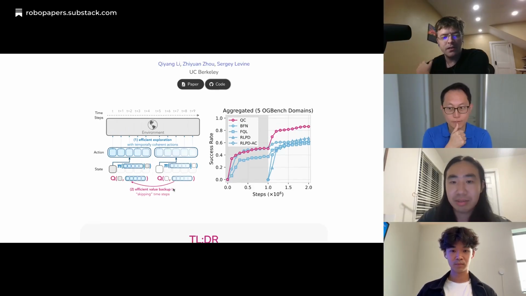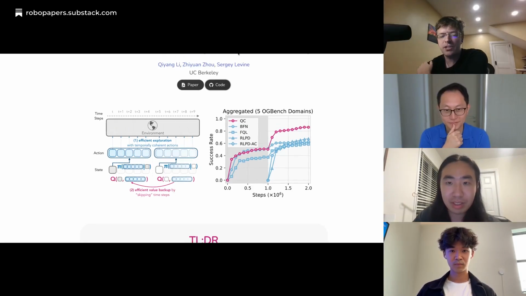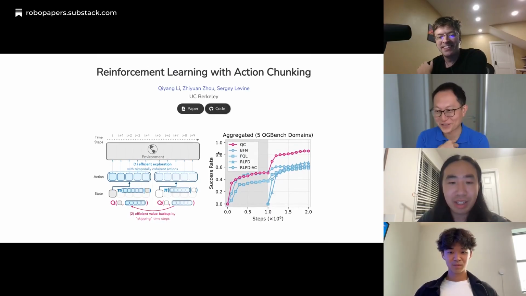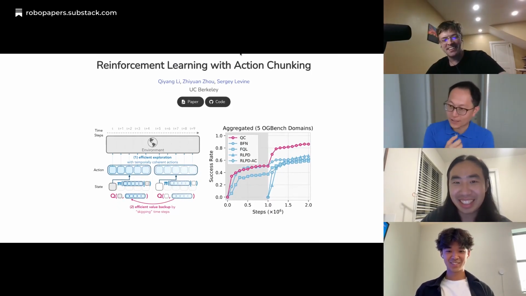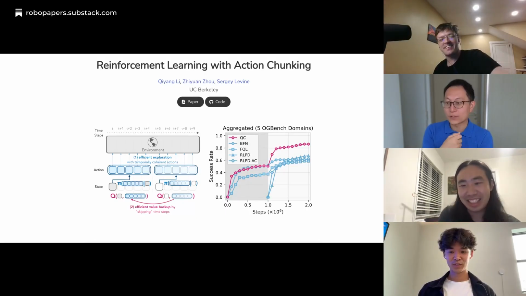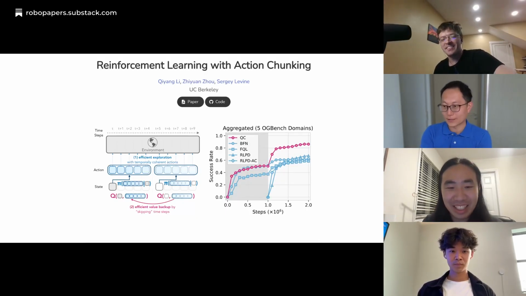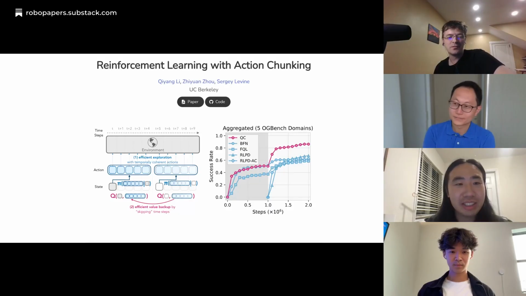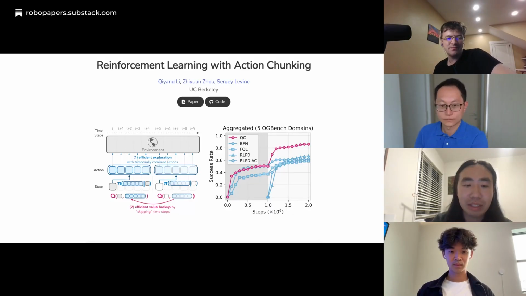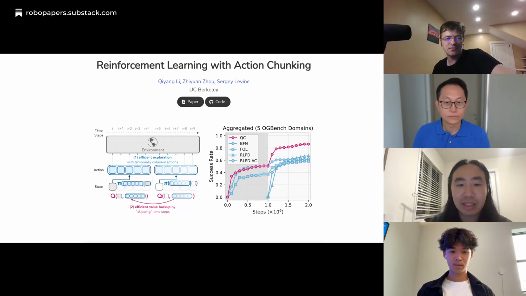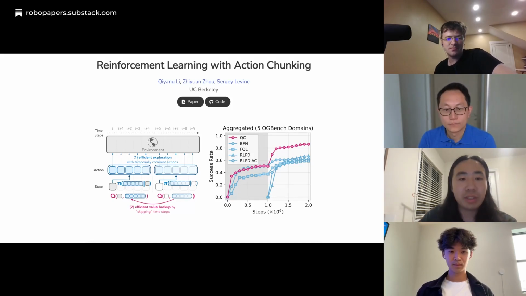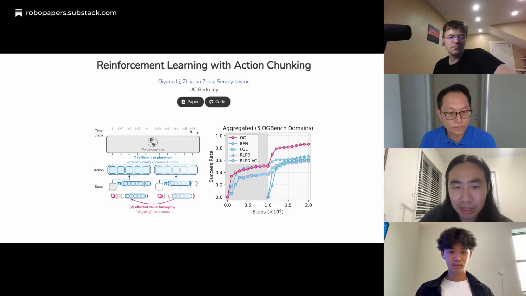For the sake of anyone listening, maybe could you explain what action chunking is? Yeah, of course. For the sake of me as well, what exactly is action chunking, and to your point, how is it being used in imitation learning? Right, first, and then if you can. Okay, of course. So stepping back a little bit. What a normal policy or a one-step policy does is it takes in a state at a time, and then outputs an action at each individual time step. Right. So if we use this, can you guys see my cursor actually, or is that visible? Okay, yeah, we can see it.